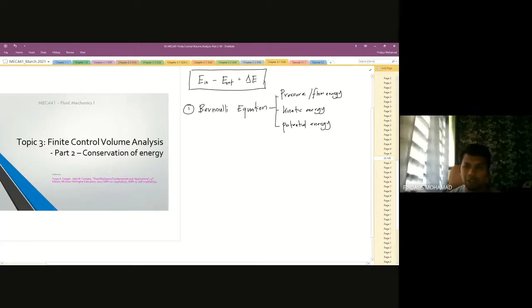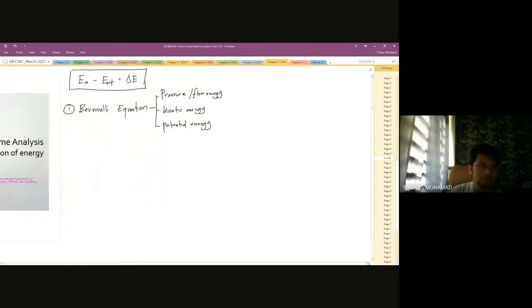So pressure, kinetic energy, and potential energy, and all this energy are described in this Bernoulli equation. Okay, so basically the Bernoulli equation is a very powerful equation for the analysis of fluid flow. However, this Bernoulli equation is only valid for